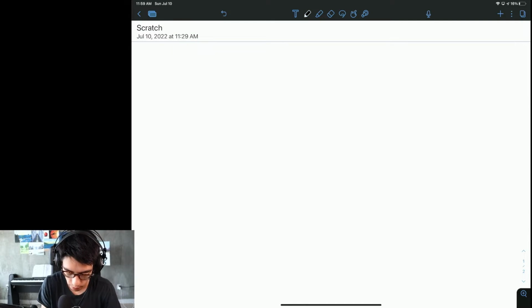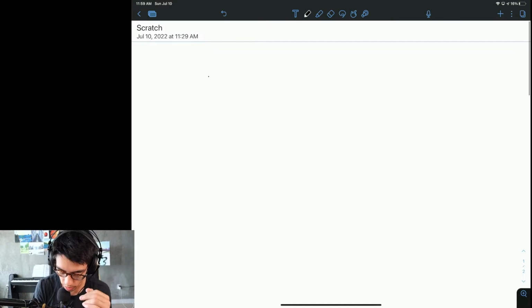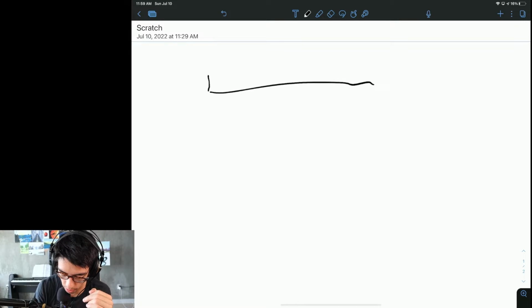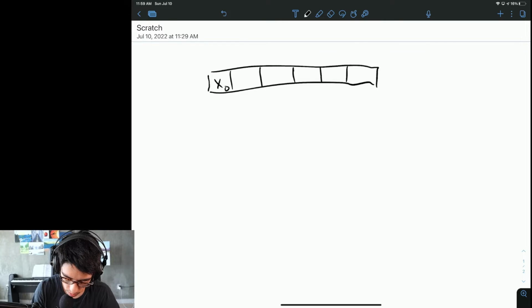So we know we have an array that looks like this, and there are some values in it, x0, x1, and so forth.